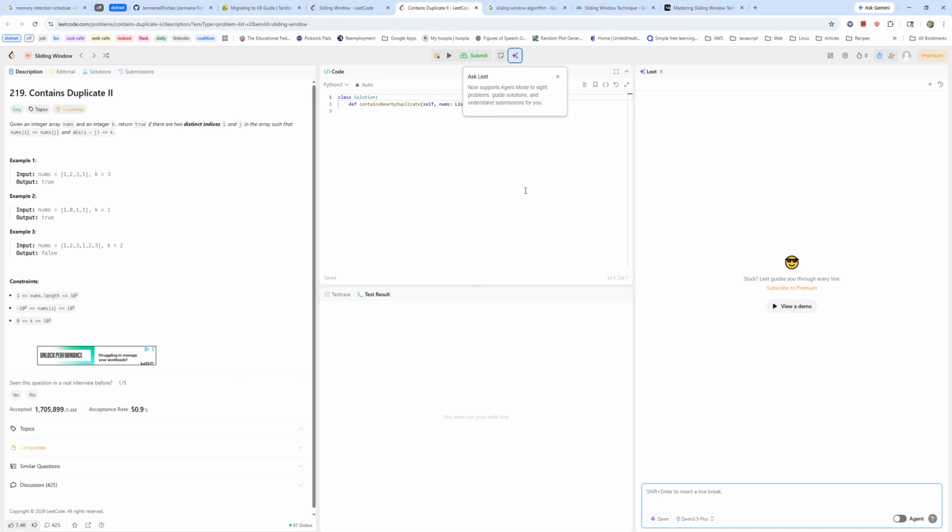But let's at least try to solve this. Should I do it in Python? I need to get good at my Python skills, so let's try to do it in Python. So what does it say here? I don't like that it's so far away. Should I squeeze it down? If I squeeze it down, it says: given an integer array nums and an integer k, return true if there are